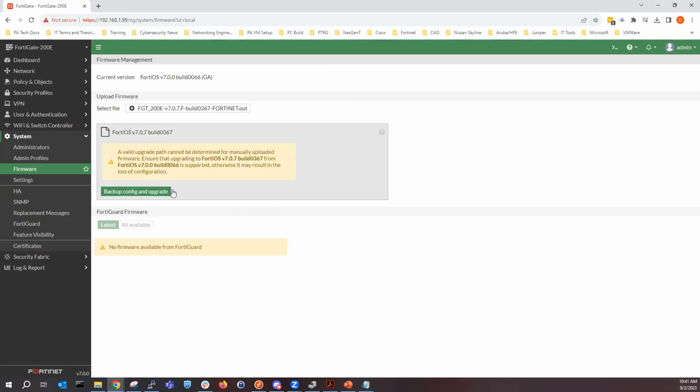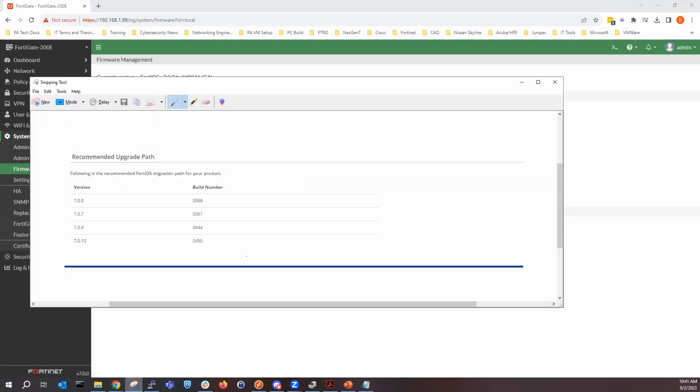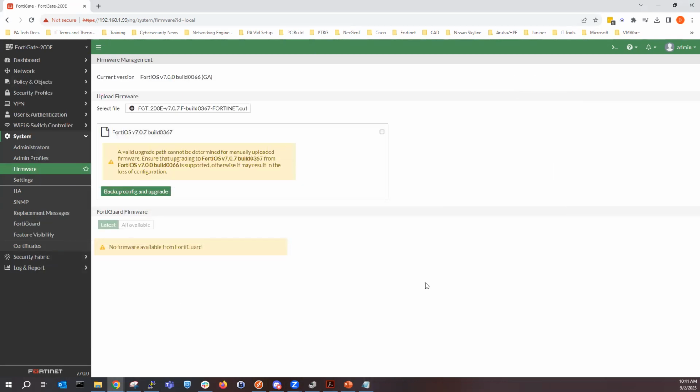And you're probably going to get an error message if it's not connected to the network. If it is, you'll still get this message. This message will pop up in case you don't have a connection to FortiGuard, maybe networking is not set yet on the FortiGate, just like this one, or it just can't reach it. You maybe have networking set up, you're still going to get this message, right? As long as you have your screenshot that says, hey, here's an upgrade path, and you have everything that you need, you cross your T's and dot your I's,